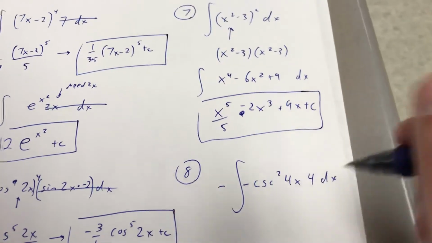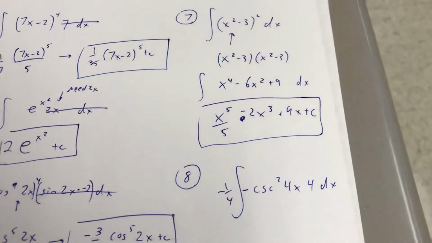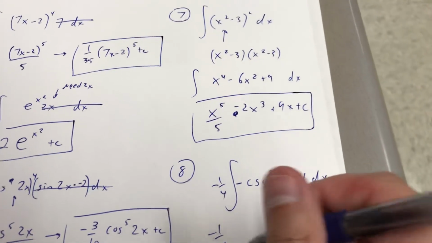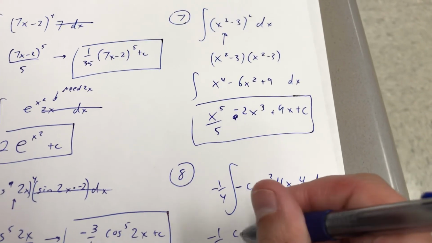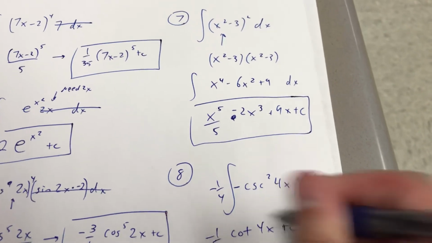Derivative of the inside function is 4. We're going to balance it with a 1/4. So you're going to have a negative 1/4 out in front. Derivative of cotangent is negative cosecant squared, so this could be a cotangent of 4x, and then you're going to